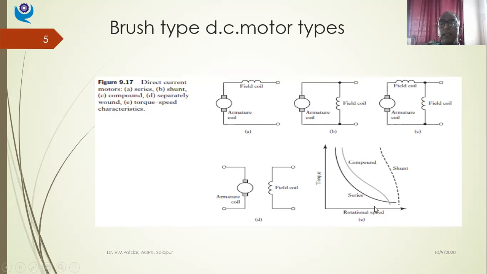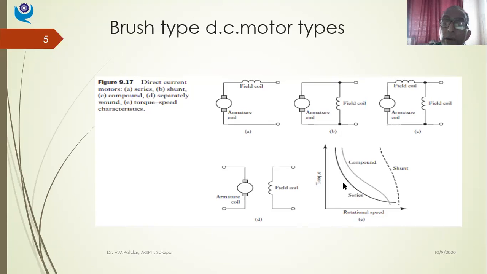Once again, speed torque characteristics, as you can see, the shunt motor shows a steep speed torque characteristic. What does it mean? I have a very small range of speed available. In that small range of speed, I can have maximum torque developed or minimum torque developed. So where I want the highest or maximum torque in a short speed band, and the speed range that I want is very limited, I can go in for my shunt wound motor. There, shunt wound motors will be of use.